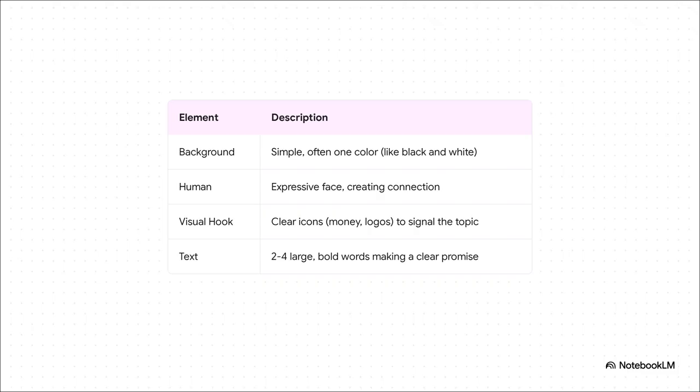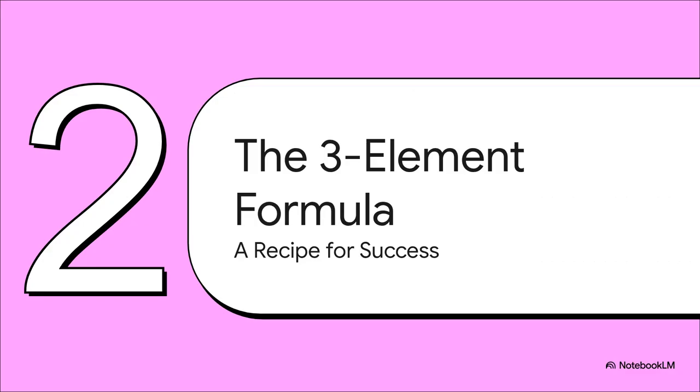Then you've got the visual hook, right? An icon, a logo, something that signals the topic in an instant. And the text? It's short, 2 to 4 big, bold words, making a clear promise. See? It's a formula. All right, so now that we know how to do our homework, we can start to